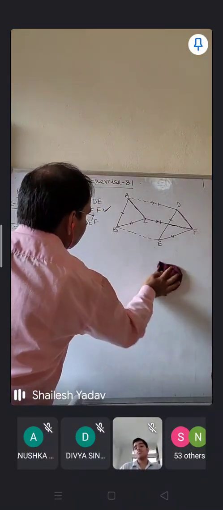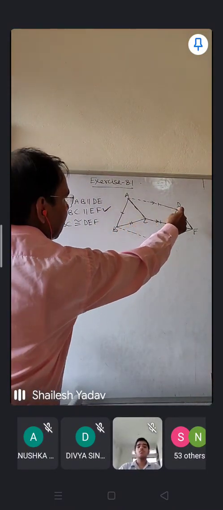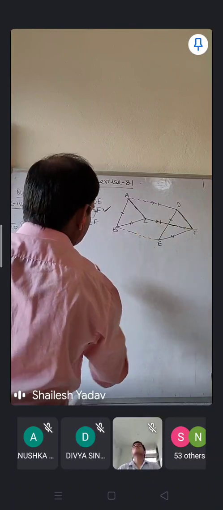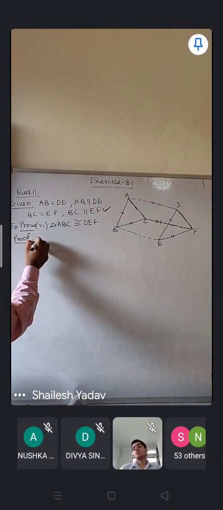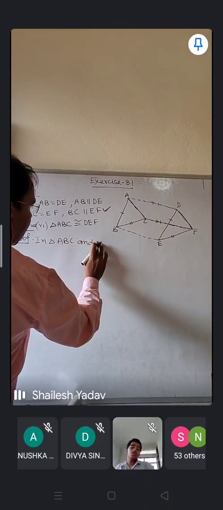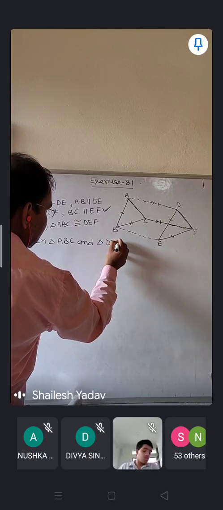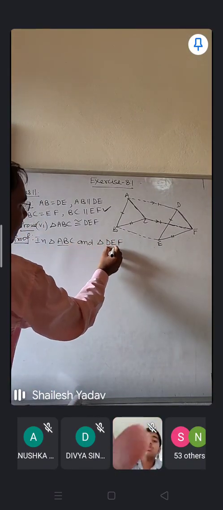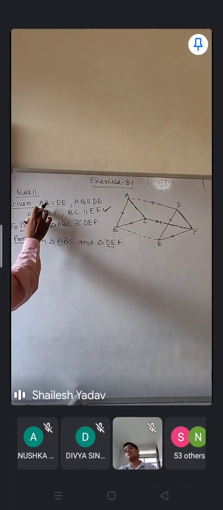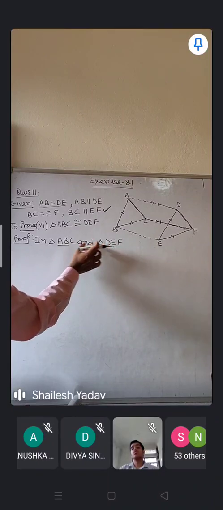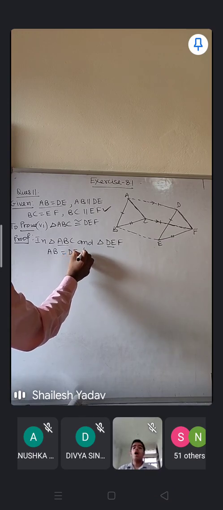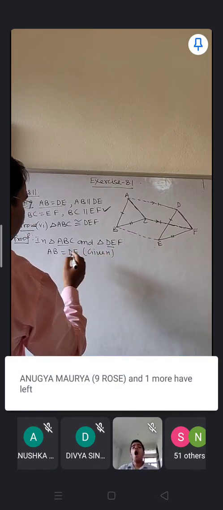So first I am going to search both the triangles. So triangle ABC is here, triangle DEF is here, and you need to prove that both the triangles are congruent. So I am going for that. In triangle ABC and triangle DEF, now students, AB and DE sides are equal in both the triangles. It is already given in the question. Here it is given AB equals DE, and AB and DE are the corresponding sides of both triangles. So here you will write AB equals DE. It is already given in the question.